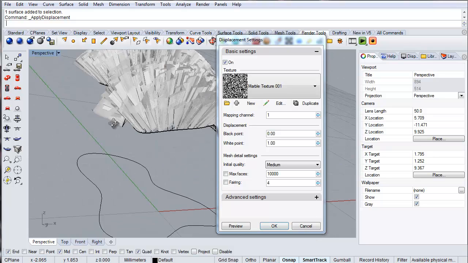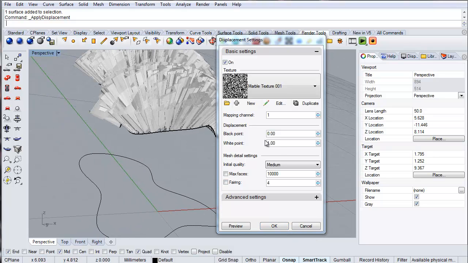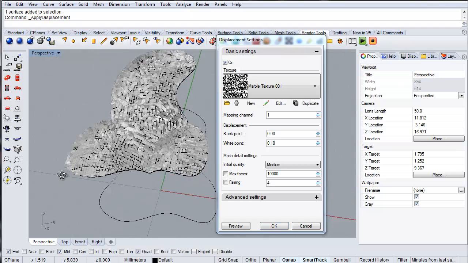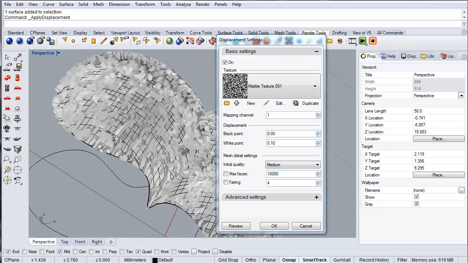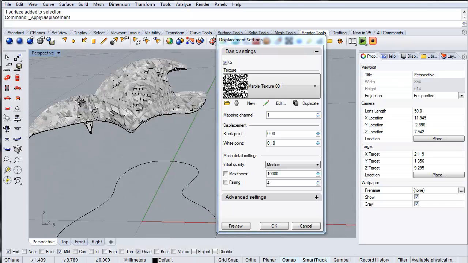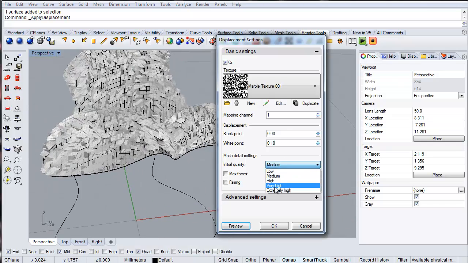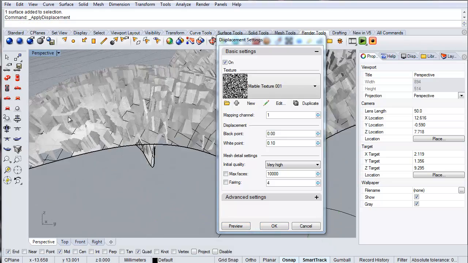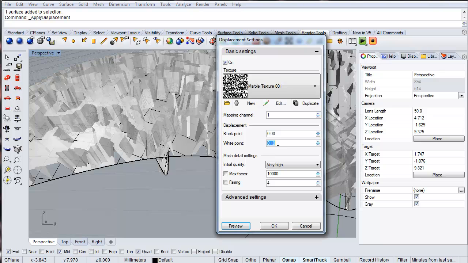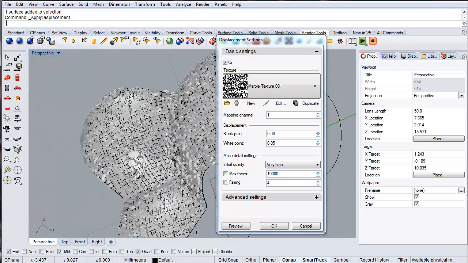And that is wildly big. Alright, so we want to bring that down to 0.1 and preview again. Alright, so we've got the marble texture running over there, but in this case I think we need to go even a little bit smaller. So I want to go on very high and bring our texture down some more. I'm going to take the texture down to 0.05, preview, and possibly what I need to do is just